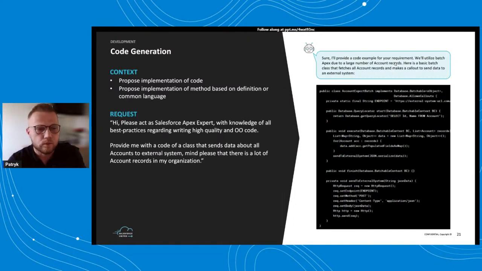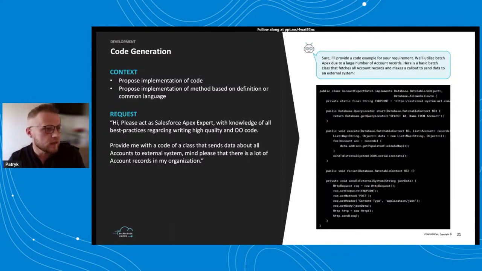Starting from the example, I put this simple prompt for Chat. It goes like, "Hi, please act as Salesforce Apex expert with knowledge of all best practices regarding writing high-quality and object-oriented code. Provide me with a code of class that sends data about all accounts to external system. Mind, please, that there are a lot of account records in my organization." And what is especially important in this response that I received from Chat, which you can see on the right part of the screen, is that ChatGPT proposed me, of course, the full class implementation that is going to achieve the